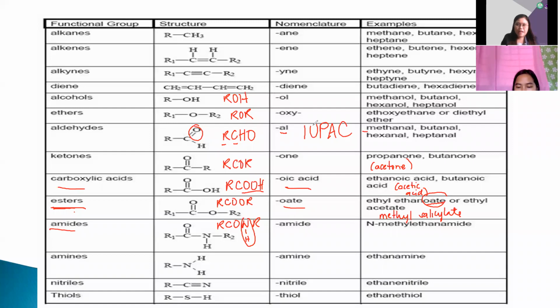Again, we call this an amide. This structure is still derived from carboxylic acid. In their name, there will be an amide ending, like N-methyl ethanamide. So when you see an amide ending, the functional group is amide, and you will see this structure in